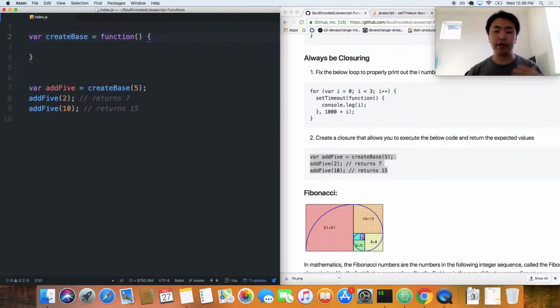So after we finish naming the createBase function, let's make sure we pass it an argument called base, because we're creating a function that has a base number attached to it. After that, we'll create a function called var, and it looks like it's an add function, right? So add